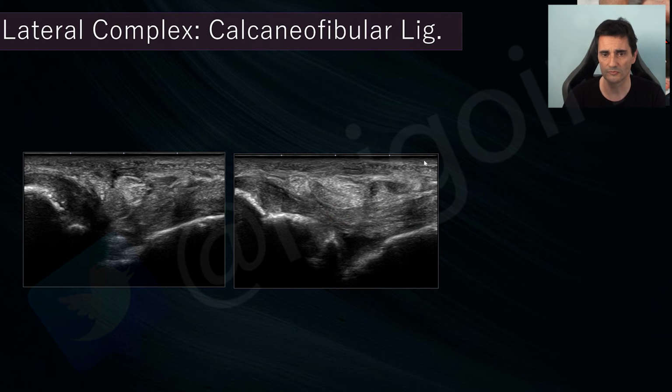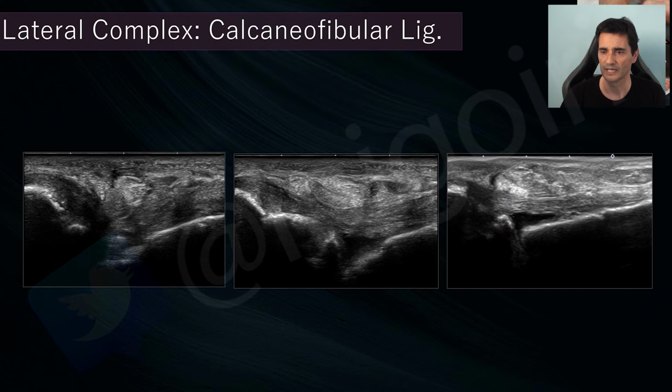Okay, so perhaps we're not very, very sure; this is a mild grade 2. It seems a grade 1. Sometimes you will have doubts. Okay, and this is a contralateral ligament. We don't have doubts. This is an affected ligament, and this is the contralateral one. Okay,